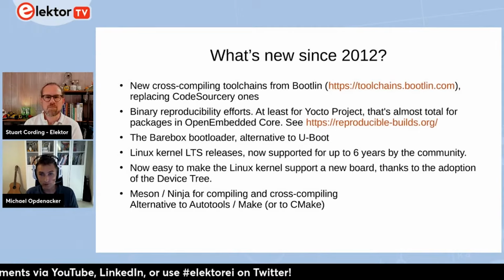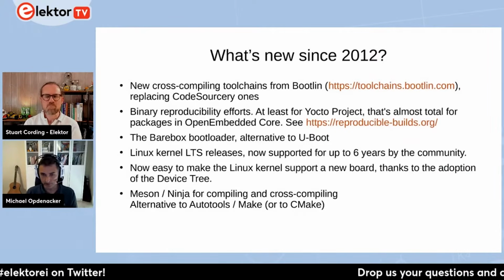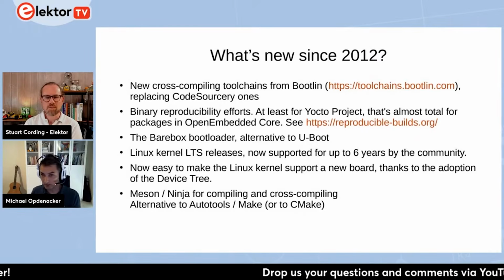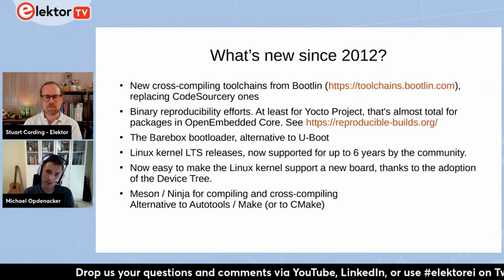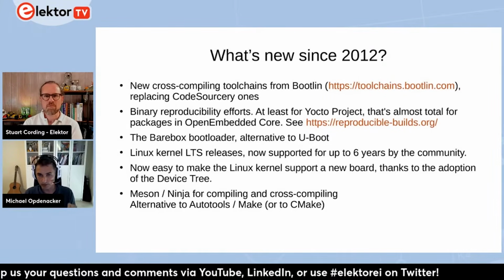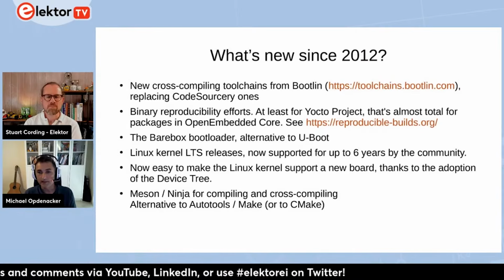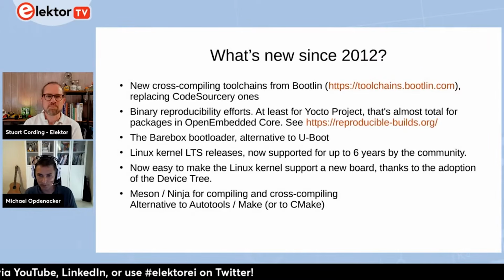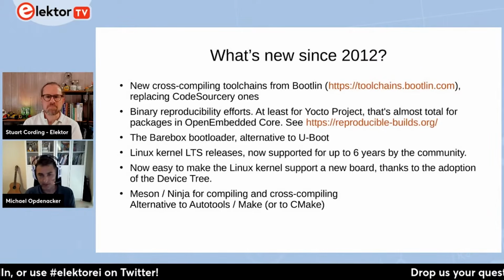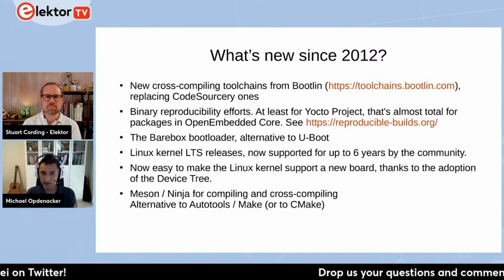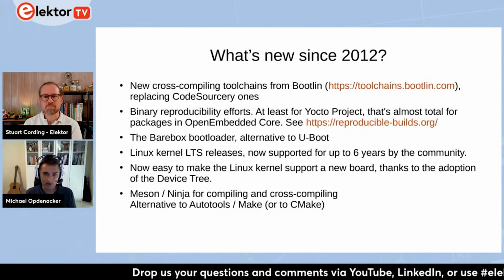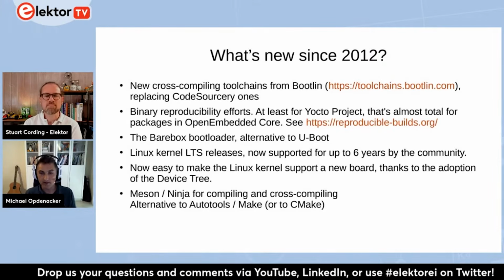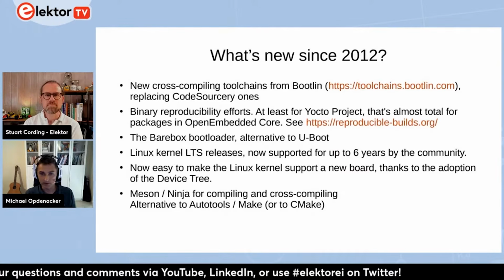There's also the binary reproducibility efforts. At least in the Buildroot project, for example, when you generate two file systems from the same configuration, every bit will be the same. And if you make a change, just the bits that you change will differ. That's together with the Reproducible Builds project, and really that helps with validation and things like that. You're sure that you don't add backdoors when you generate a new binary. If the binary was completely different, how can you make sure that there was no evil thing added to the image?